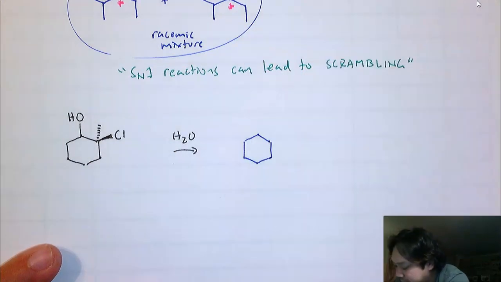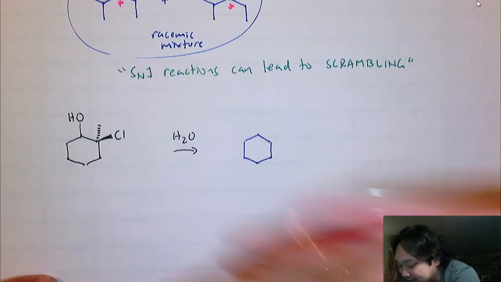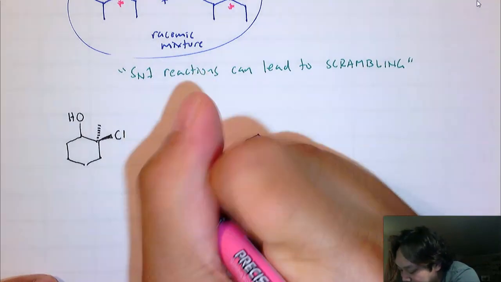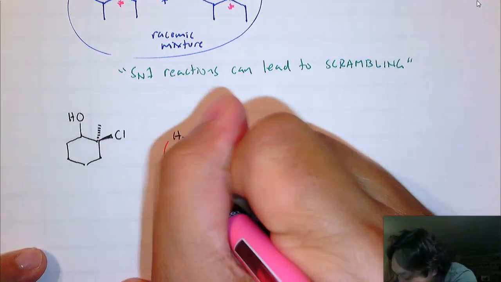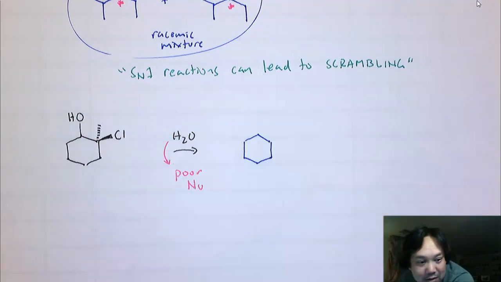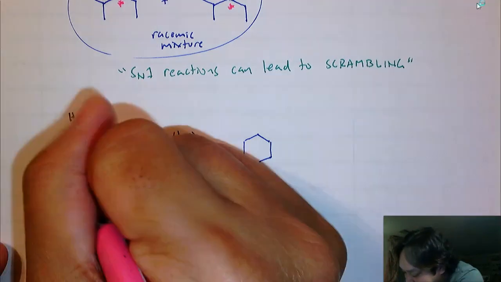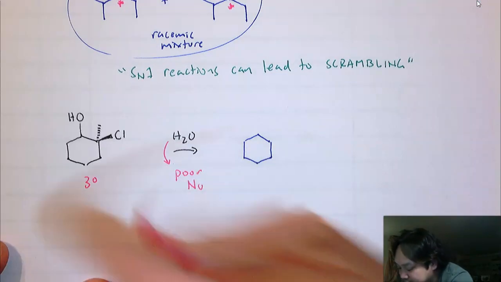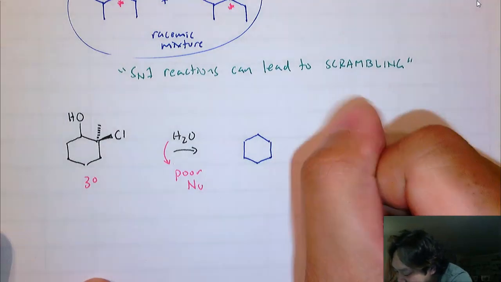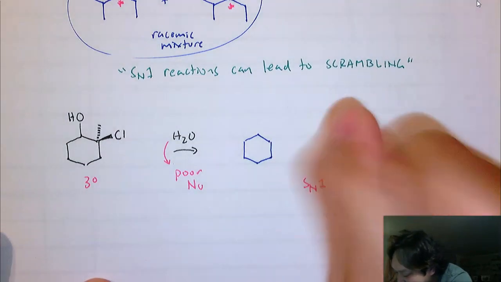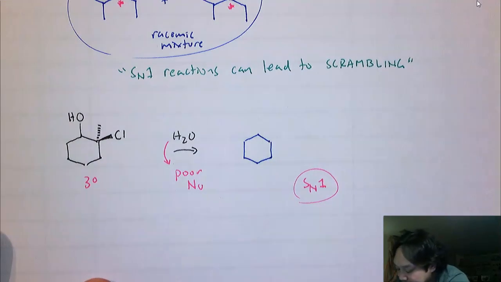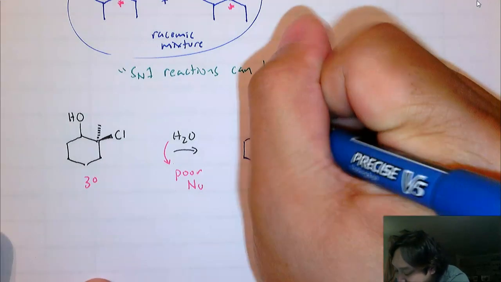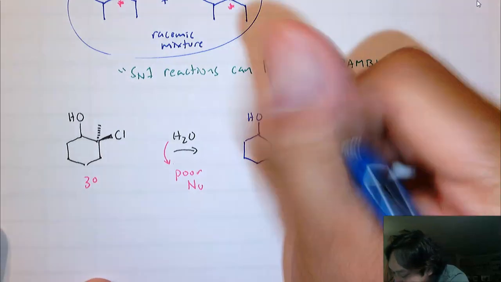Oh, maybe before we do that, what would I do on an exam? On an exam, I would say this is a poor nucleophile. On the exam, I would say this is tertiary. My conclusion for this is I expect SN1. That's the mechanism that I expect. And with SN1, you know you get scrambling. So to show scrambling,